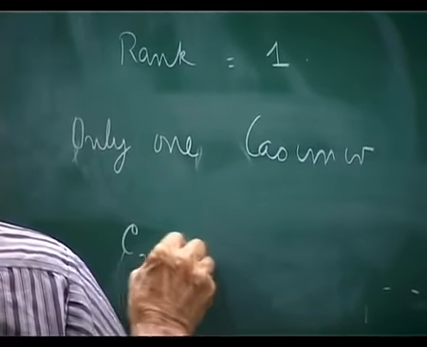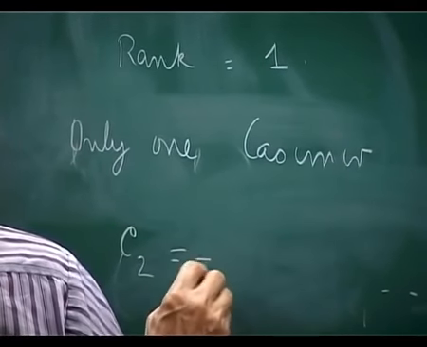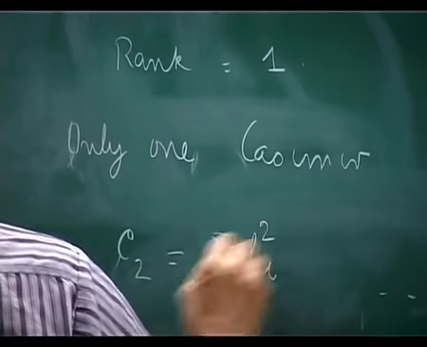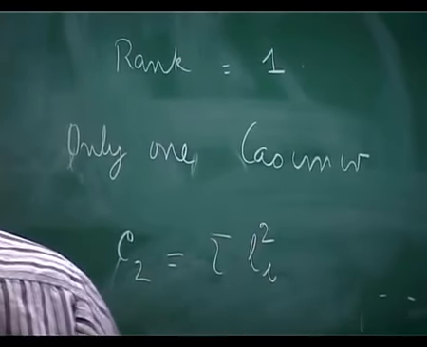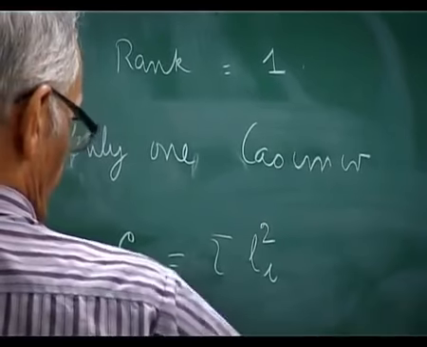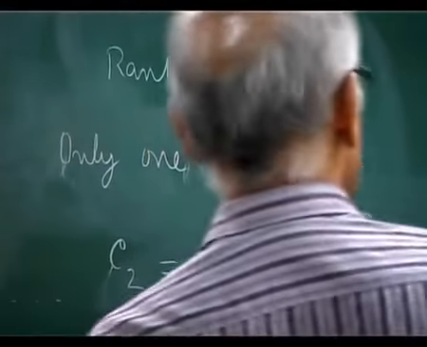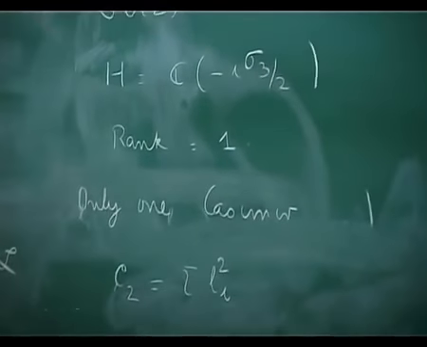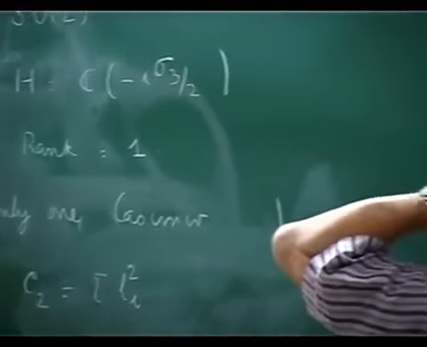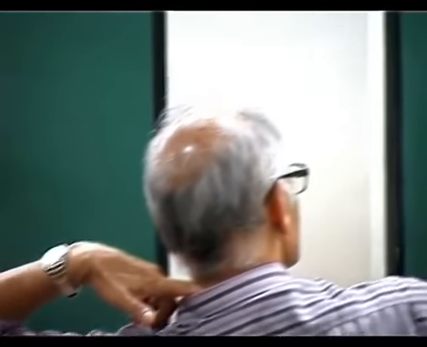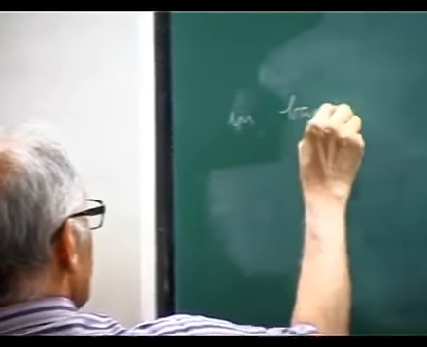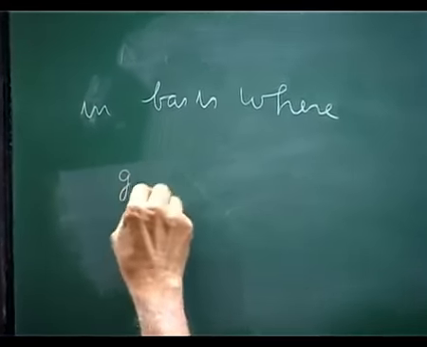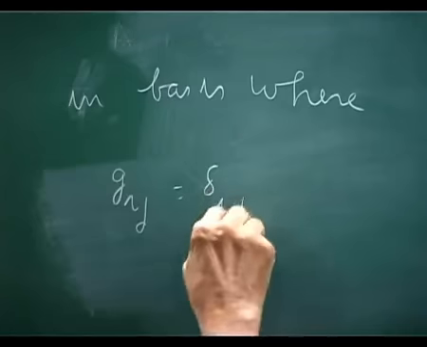The way I wrote it is simply L_i squared. In a basis where g_ij is delta_ij,